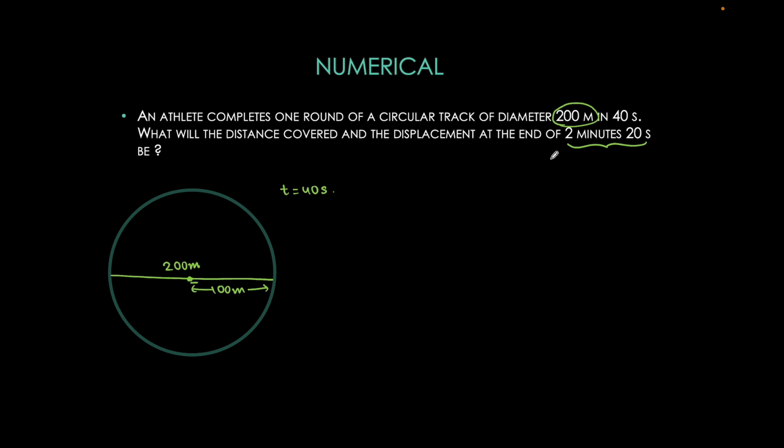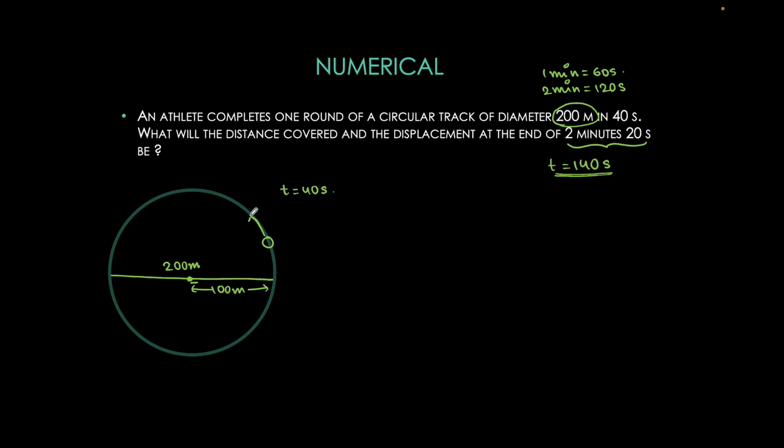So we know that 1 minute is equal to 60 seconds. So 2 minutes is basically 120 seconds, and 2 minutes and 20 seconds means 140 seconds, right? It's 120 plus 20, so 140 seconds. So the total distance covered and the displacement after 140 seconds is, now since the athlete is covering